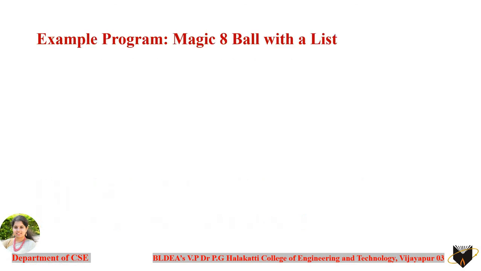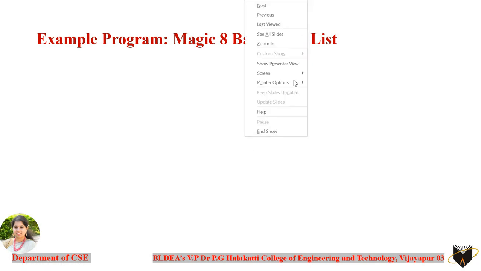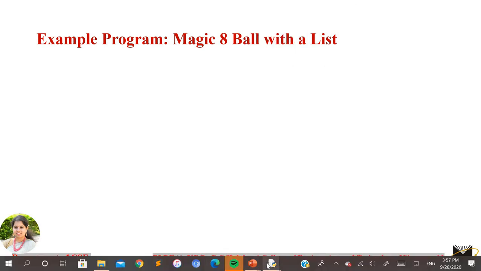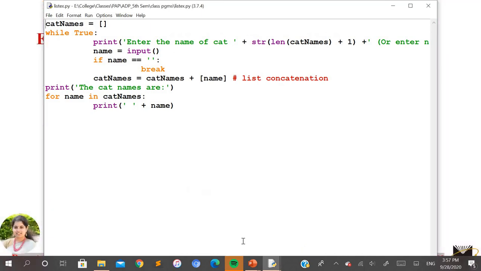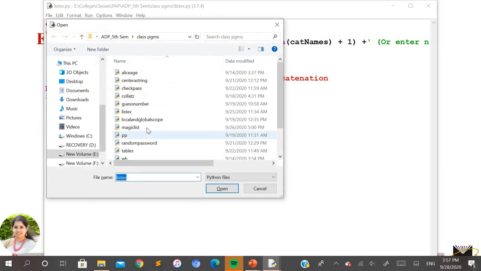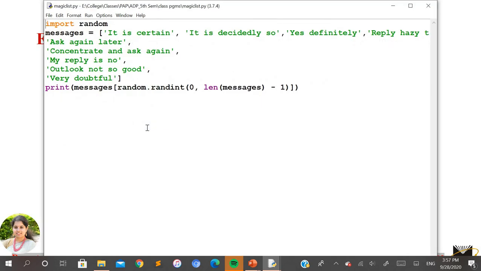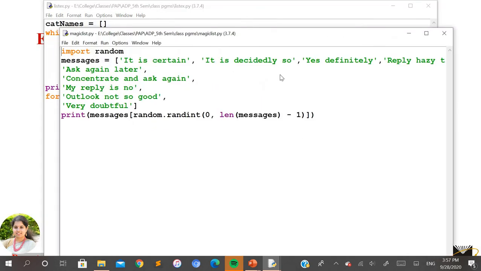So there is one example where you can use a list. I'll just show you here. It is called the magic ball program.